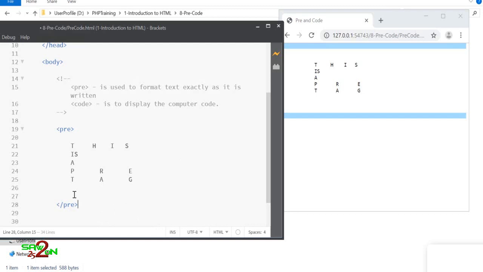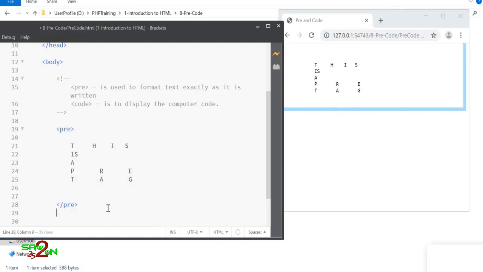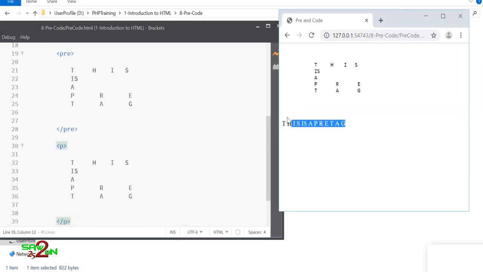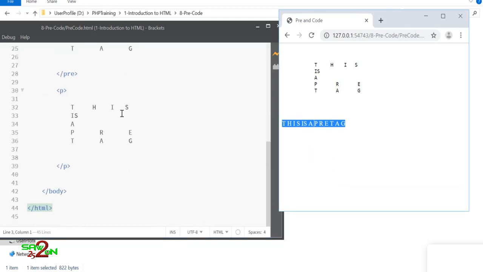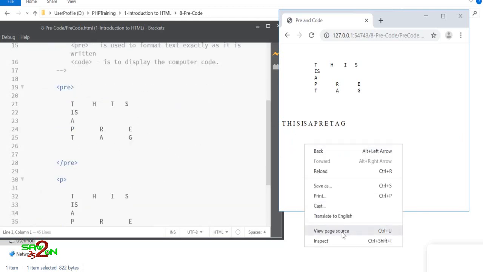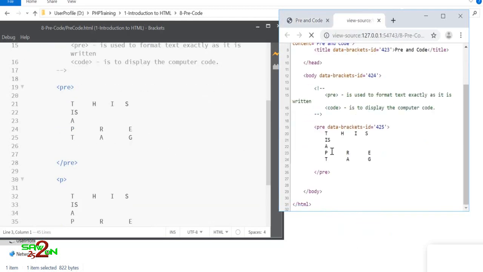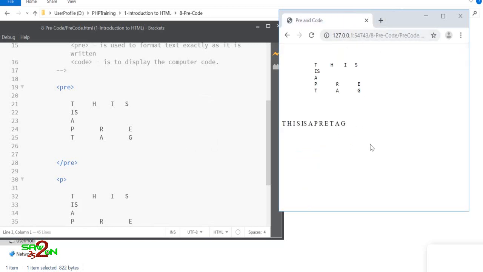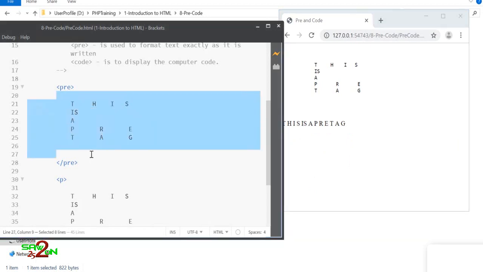Okay, what if you take this and apply a p tag here? It's interesting to see that. You will not see that output because the p tag will ignore the white spaces and the new lines. Even though it is written like this, in the output you will see the p tag's result without the spacing, because the p tag doesn't consider the spaces or the new lines. That's the specification of the p tag. If you want to have similar output as you wrote in the HTML page, you have to use something called the pre tag.